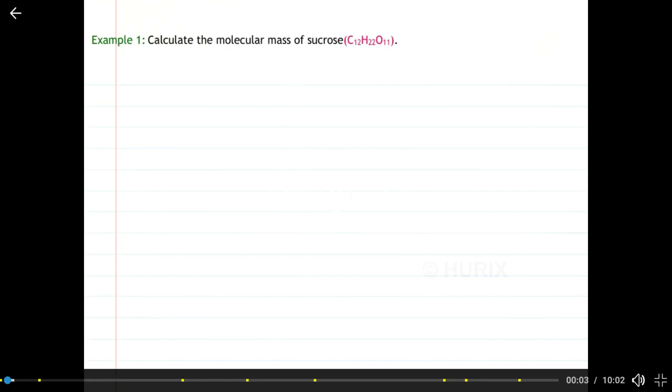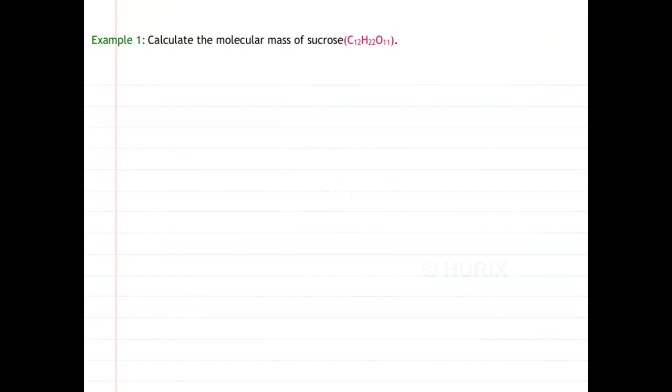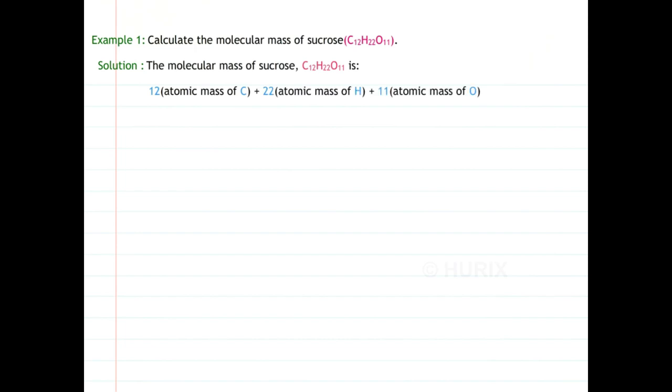Calculate the molecular mass of sucrose, C12H22O11. Solution. The molecular mass of sucrose, C12H22O11, is 12 into atomic mass of C plus 22 into atomic mass of H plus 11 into atomic mass of O equals 12 into 12.011 u plus 22 into 1.008 u plus 11 into 16.00 u equals